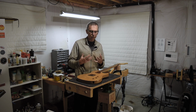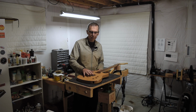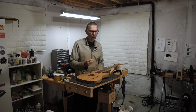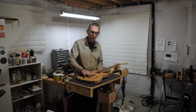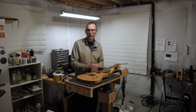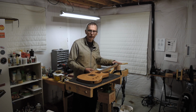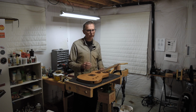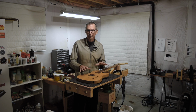And the reason that you have to do that is because with a Tune-O-Matic bridge, the distance between the bottom of the string and the frets is higher than it is with a Fender style bridge. Even when you lower the bridge all the way down to the body, the action is still too high. So to get the action lower, you have to lower the headstock and the nut relative to the heel. So it has to be at an angle. And that angle is usually anywhere from 1.5 to 4.5 degrees,